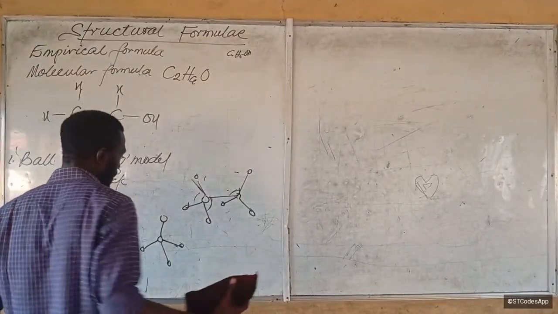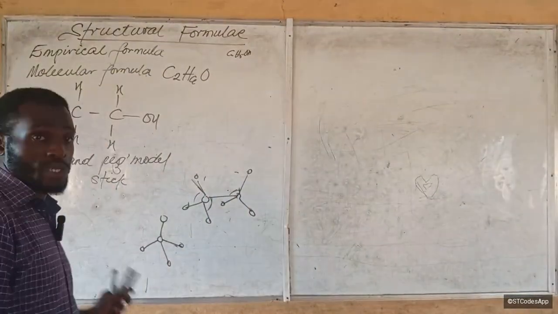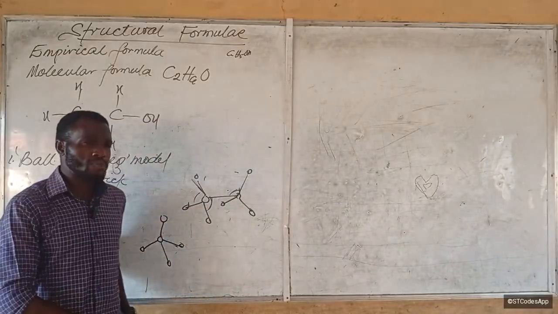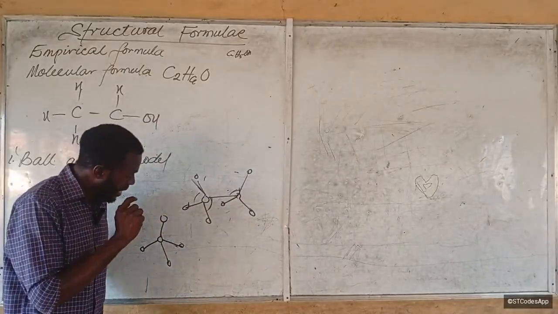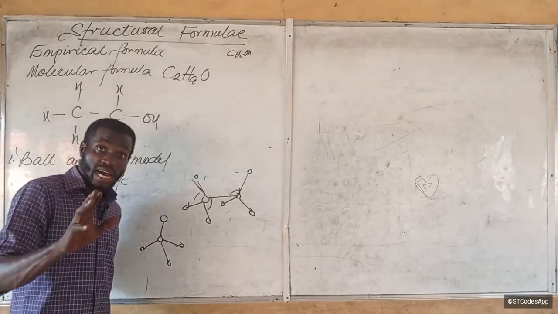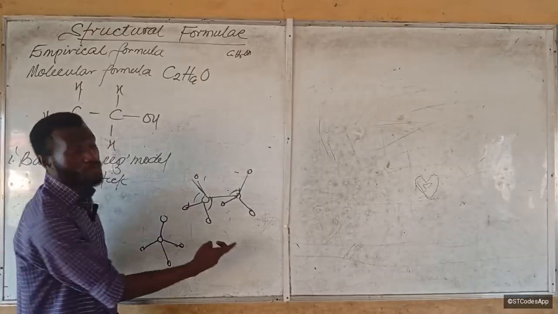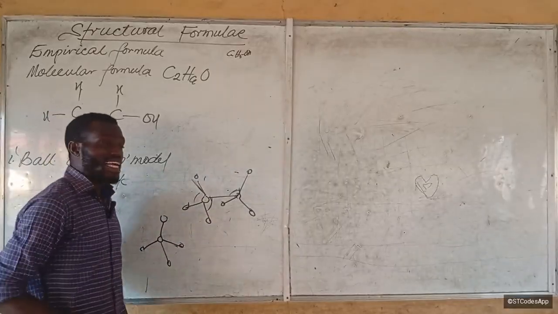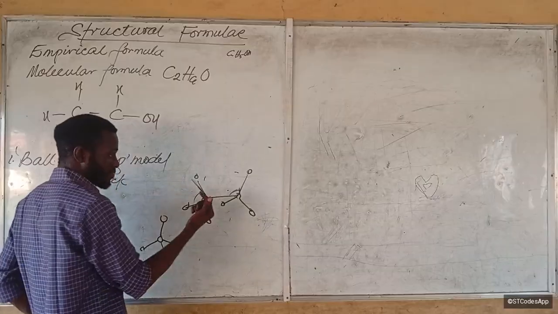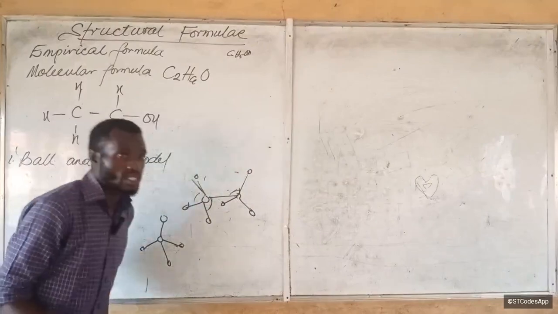So you see, the point is that this ball and stick model actually helps us to understand the spatial arrangement of those atoms around the carbon, but it almost presupposes that the atoms are alike. While in fact, we know that there may be different atoms here because in this case we have OH group. And oxygen has a greater atomic radius than carbon and than hydrogen. So if you look at it now, you think everybody is hydrogen here. No. Okay? So this is where